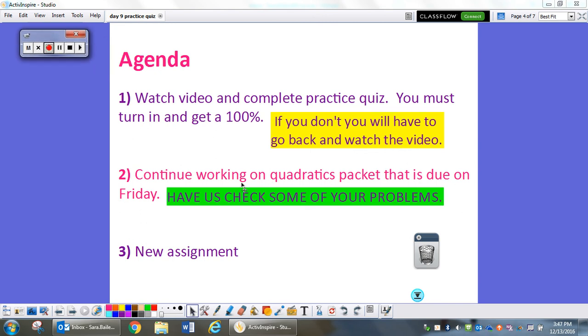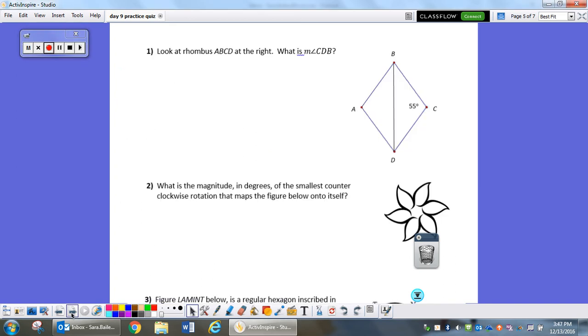on Friday. It's probably a good idea for us to check some of your problems so you can get as many right as possible. So I'm going to walk you through these problems step by step. Some of them have different ways you can do them, so I'll show you both ways. If I highlight something, I suggest you highlight it. So if you want to go grab a highlighter, grab a highlighter, and I'll be giving you helpful hints along